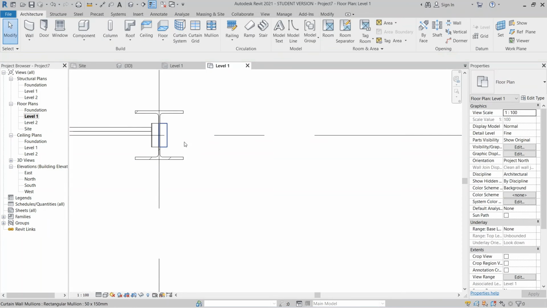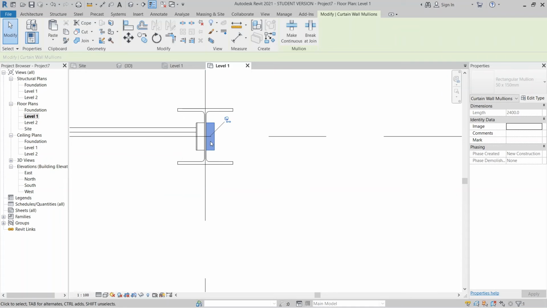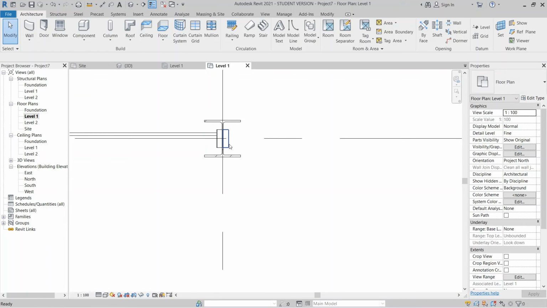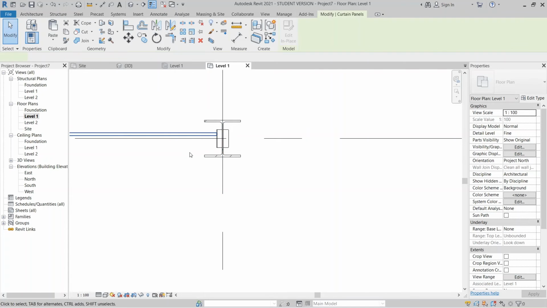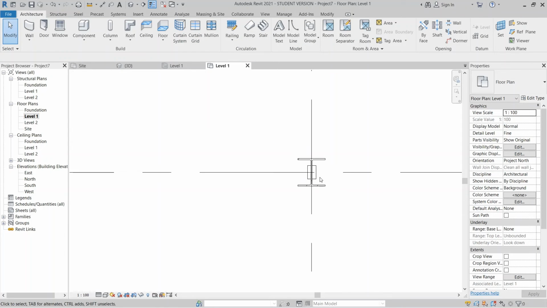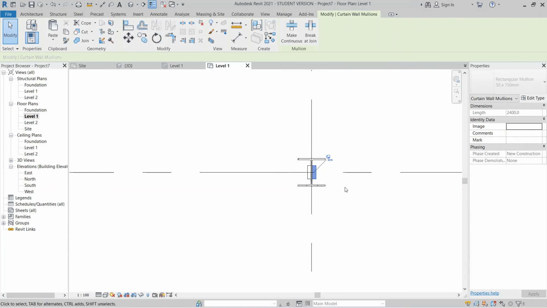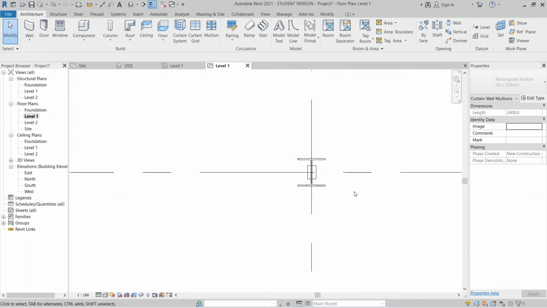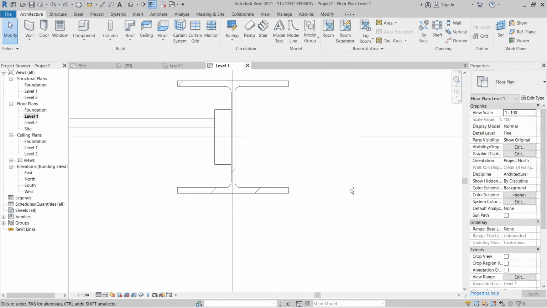Okay, this one I think is wrong. Yep, it's wrong. This one let me delete first. Okay, this one I need to delete first.